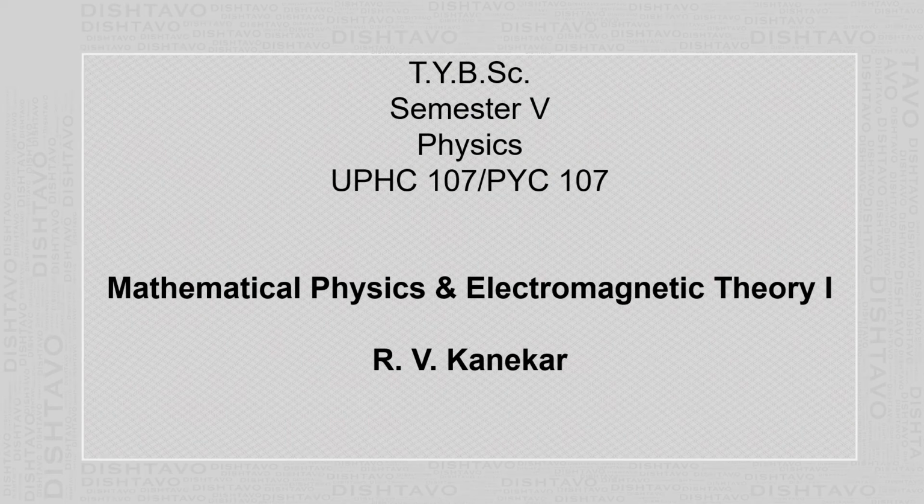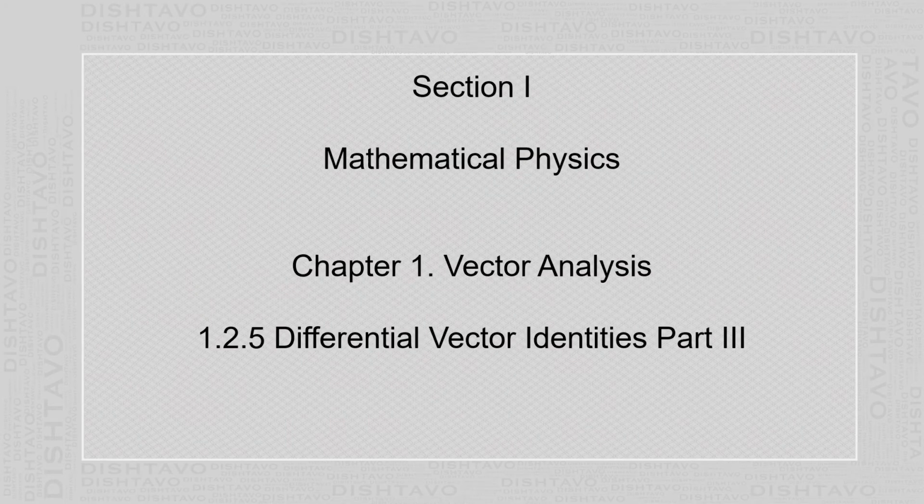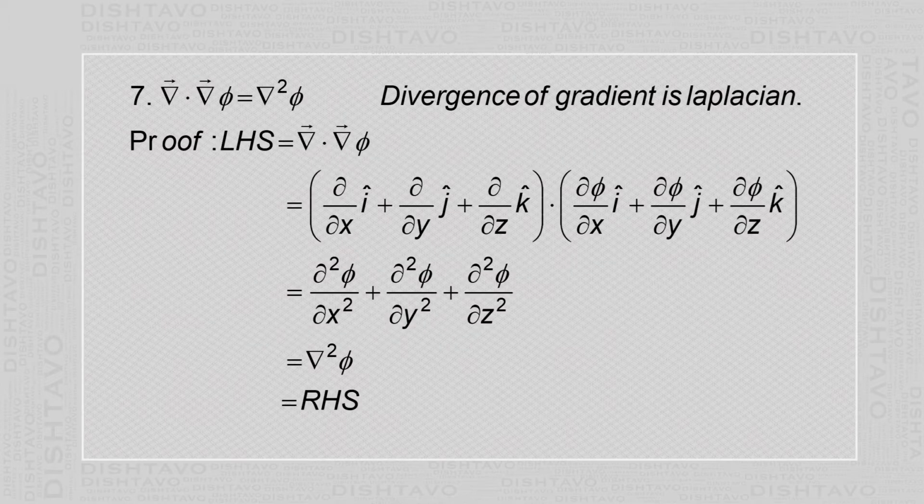Hello students, in today's lecture I will discuss the differential vector identities which are required to be used in electrostatics and magnetostatics. A seventh identity is del dot del phi equal to del square phi, which can be read as